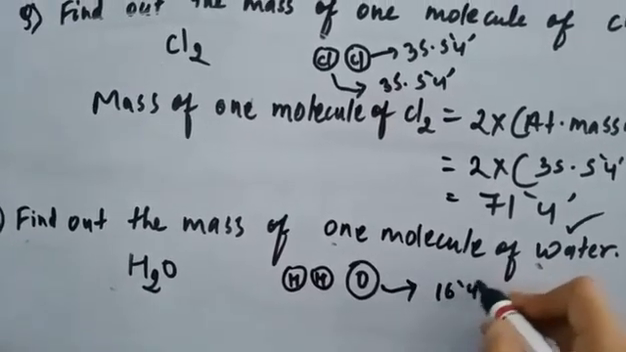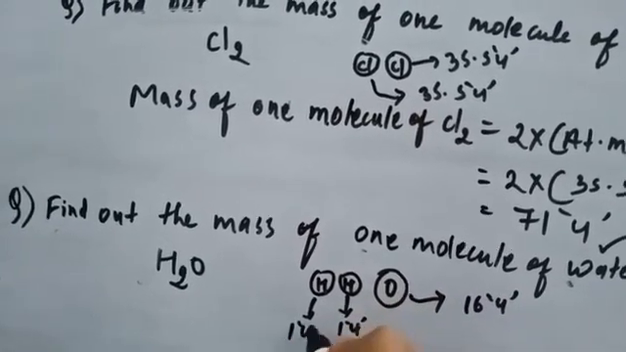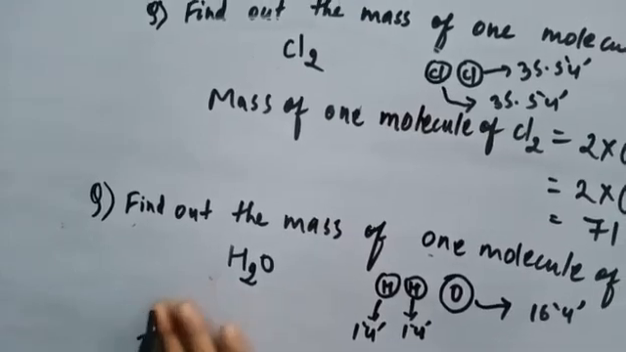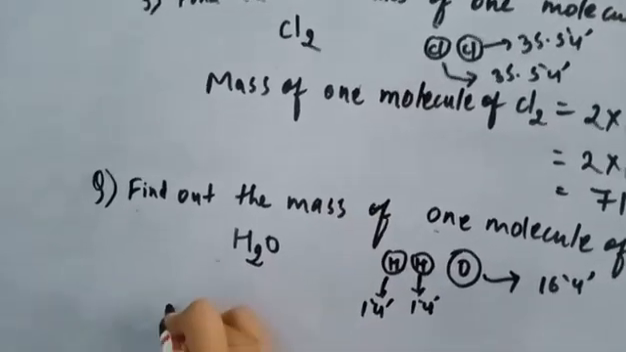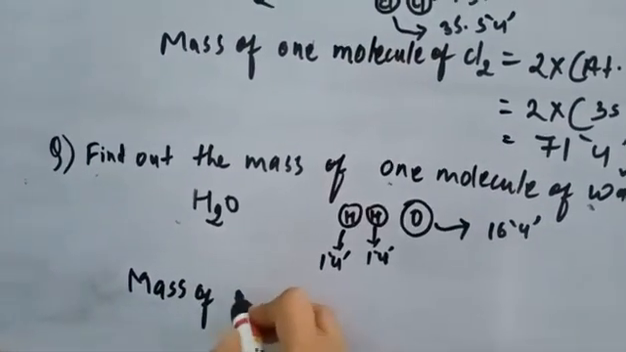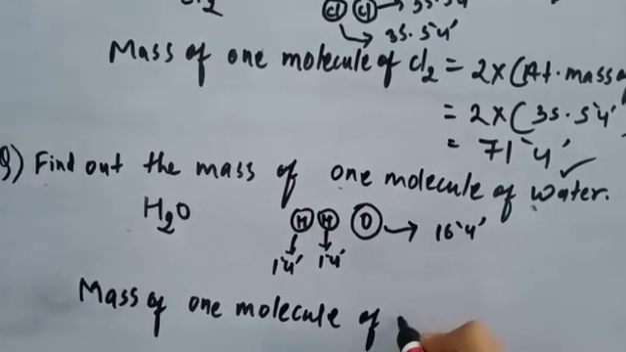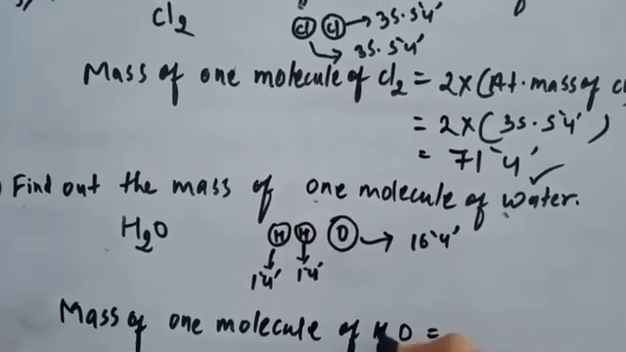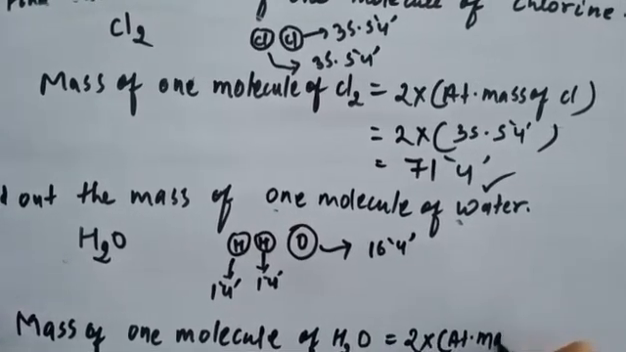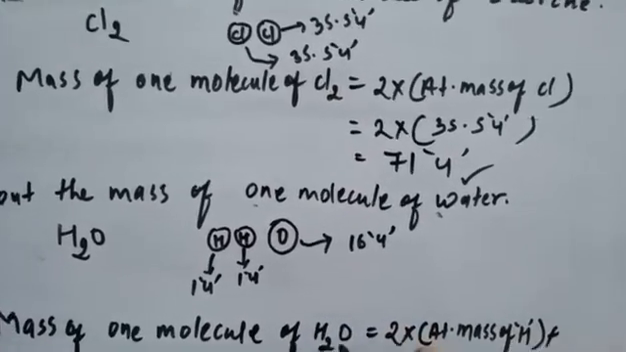It is 16u, and both the hydrogens contain 1u and 1u. These are the atomic masses of hydrogen. Okay, so we can just write: mass of one molecule of H2O water is equal to 2 into atomic mass of hydrogen, plus 1 into